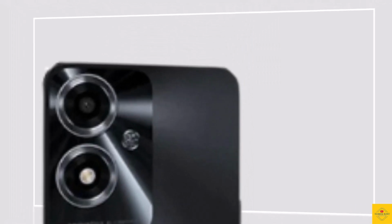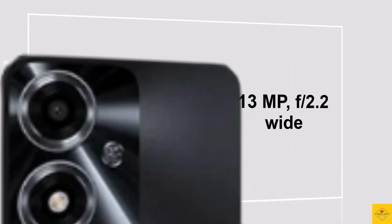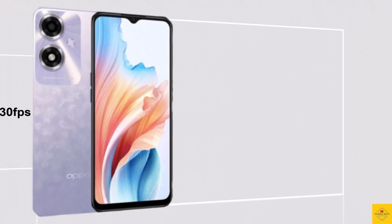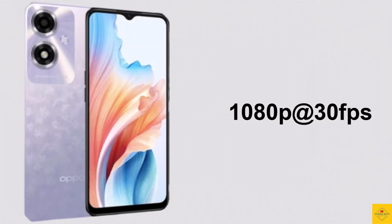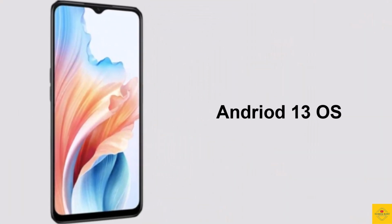And now talk about the camera of this smartphone. The smartphone has a single camera setup on the rear that includes a 13-megapixel main wide-angle camera. For selfies it has a 5-megapixel wide-angle camera, with video recording at a maximum of 1080p at 30 fps on both the rear and front cameras. For the software, the handset runs the Android 13 operating system,